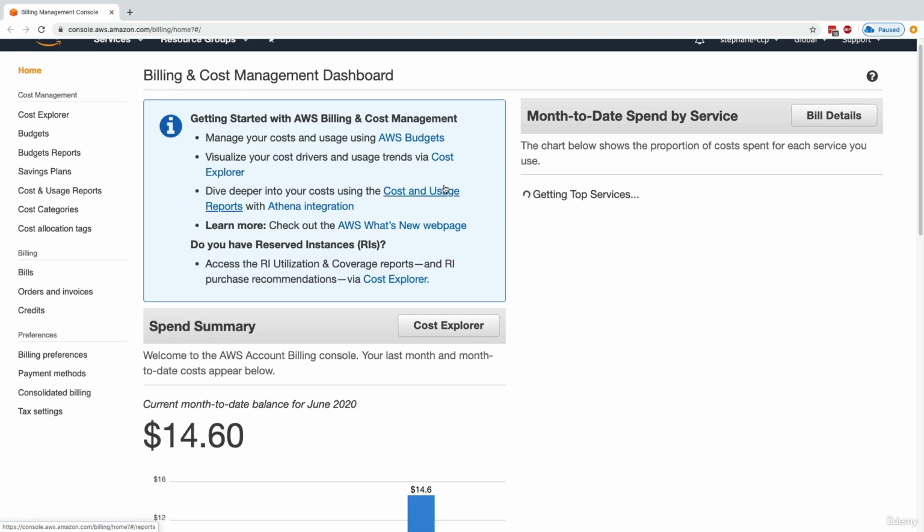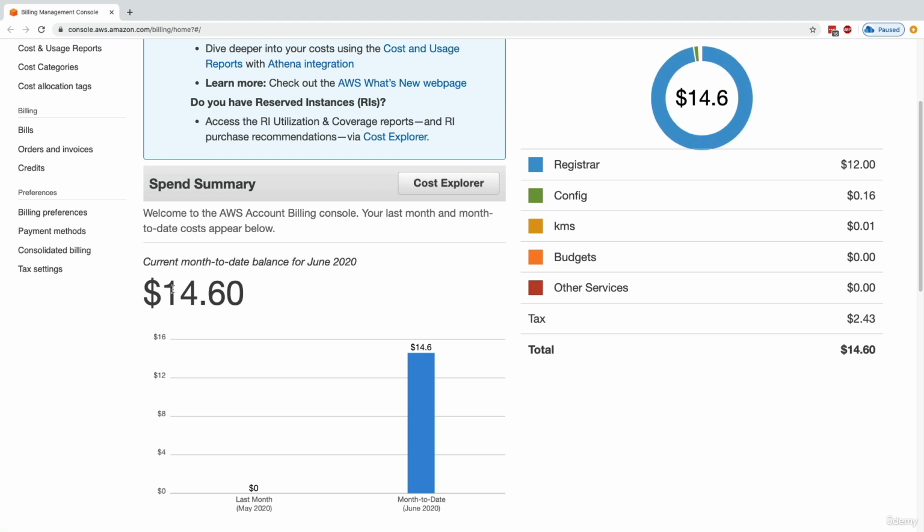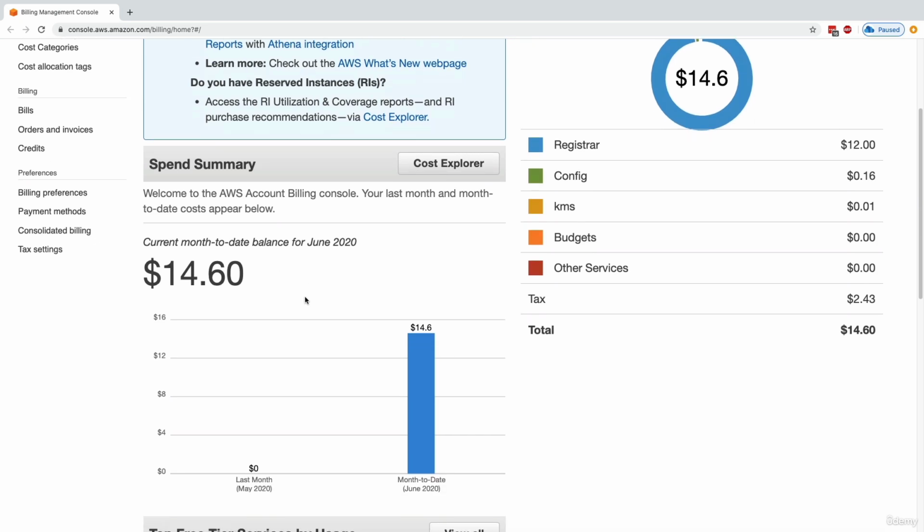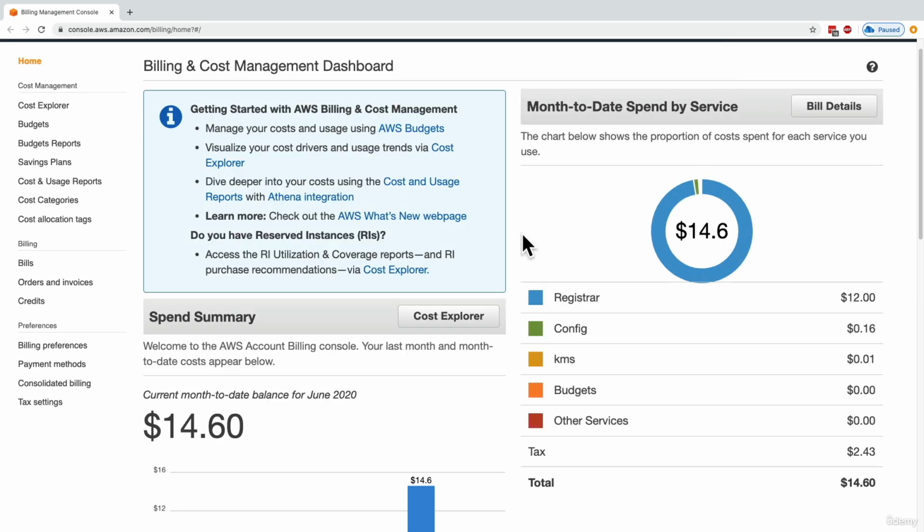It will show you the cost for the month. So for this month, I've spent $14.60. This is on my course. Why? Because I paid for my domain name for $12. I paid for config. I said config was not free. I paid for KMS because I created a KMS key, and again, that was not free. And then finally, I have some taxes associated with my accounts. So this is how much I spent to date, and it gives me a high-level overview of what's going on